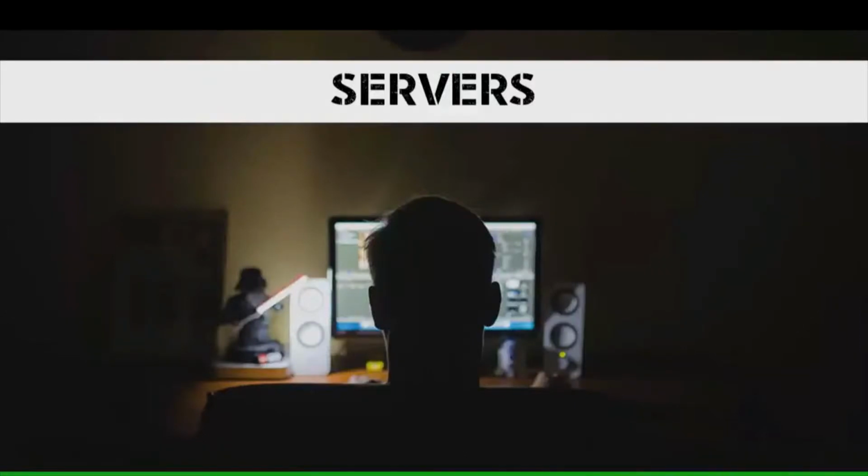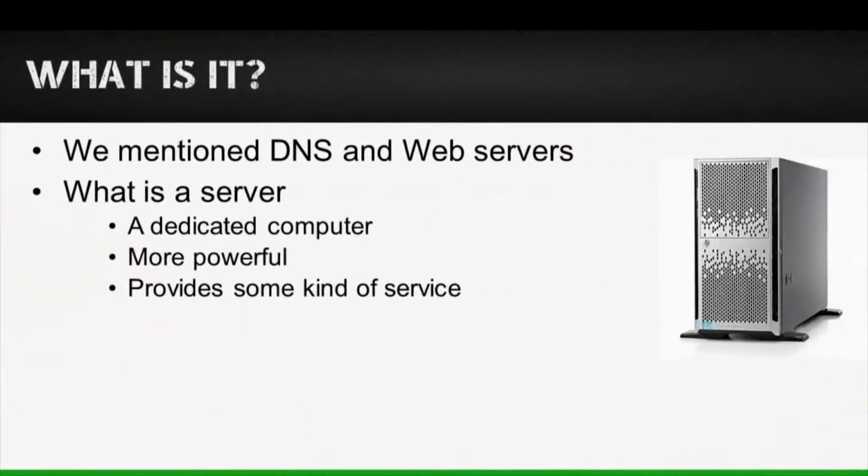This is the final piece that completes the big picture of what the internet is and how it works. What are servers exactly and what do they do? We mentioned DNS servers, we mentioned web servers. To put it very simply, a server is a dedicated computer that usually is more powerful and provides some kind